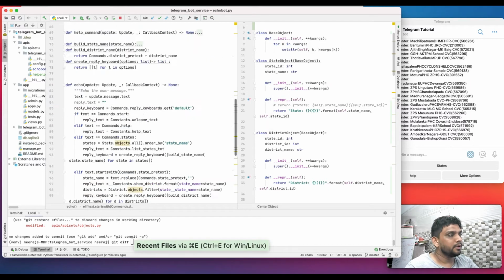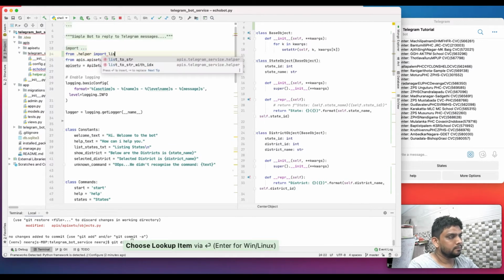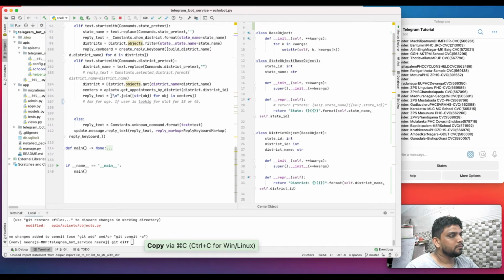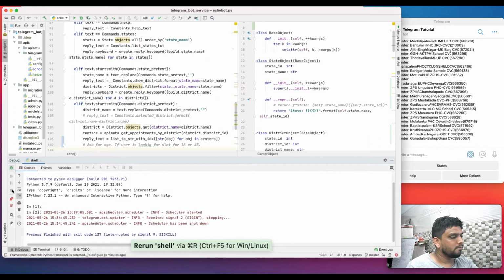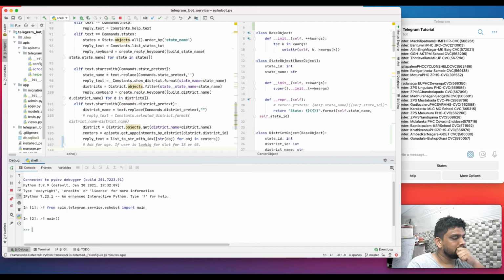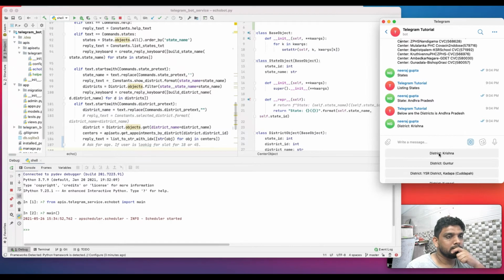Then I can import this file. I am passing a list of strings to this function, and let's see how it works.